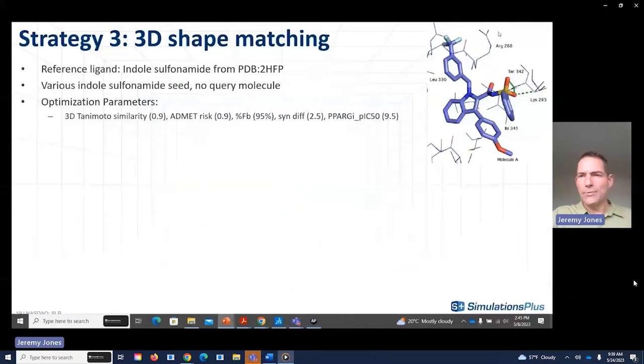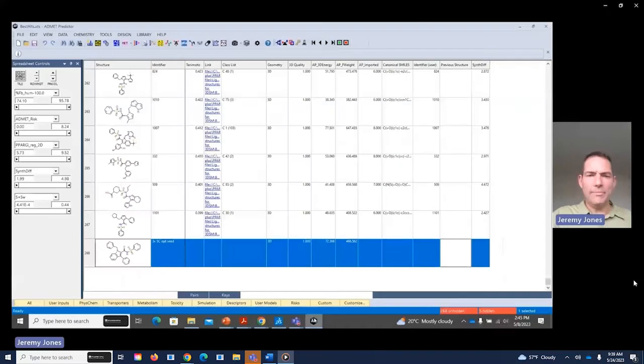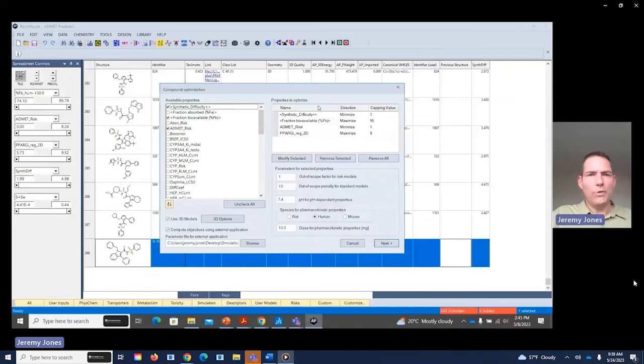You can see it sort of here in the publication and what connections it's making. You can use various different seeds, and again, we're going to have the same optimization parameters. So let's go back to ADMET Predictor here. For this one, we'll just use the exact same seed we did before. We'll keep all of these optimization parameters the same, but now I'm going to hit this compute objectives using external